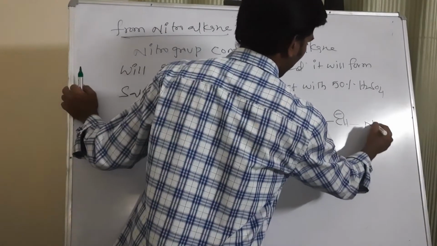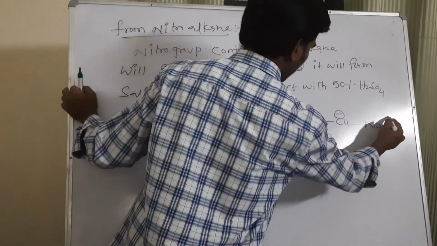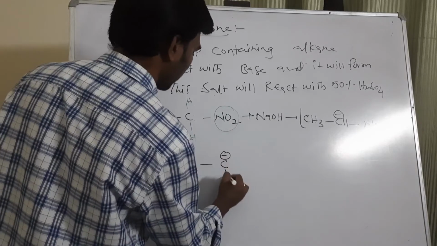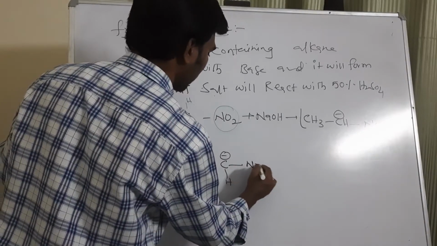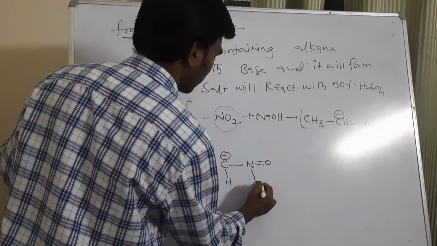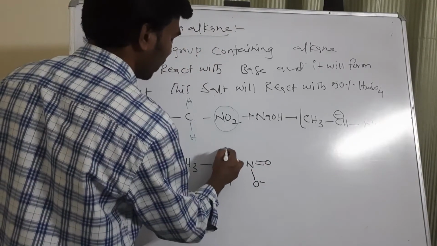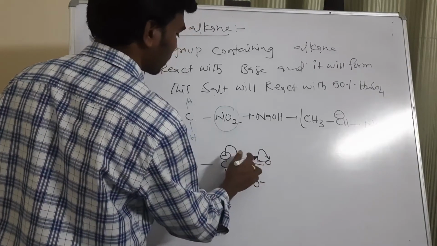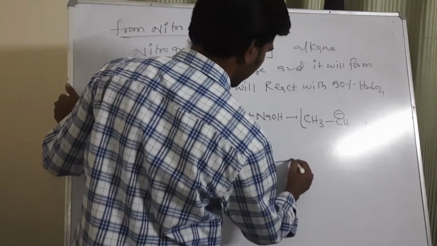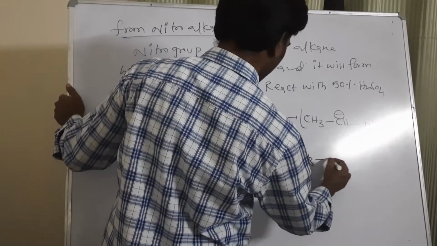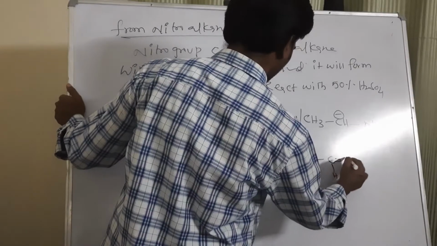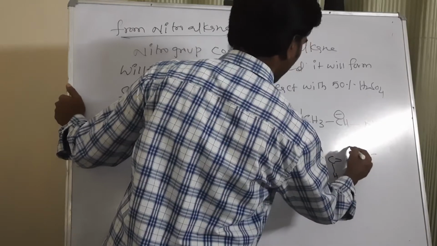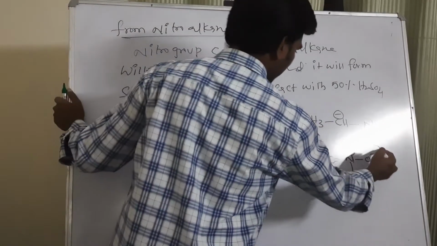and here we are adding what? NO2. So I am going to explain its resonance structure. It will form CH3, C minus and H, here N will come here, double bond O will come and here O minus will come, right? So when this bond will shift here, this oxygen will shift like this. Here nitrogen will have plus, so that when it shifts like this, CH3CH double bond N, O minus and O minus will come, here double bond will come. So this is the resonance structure.